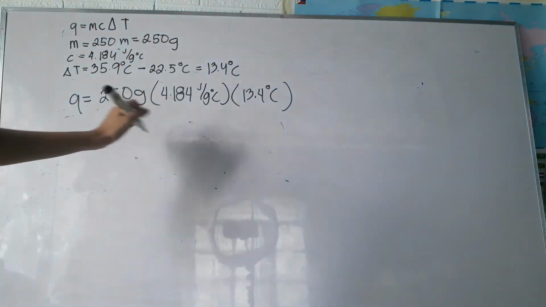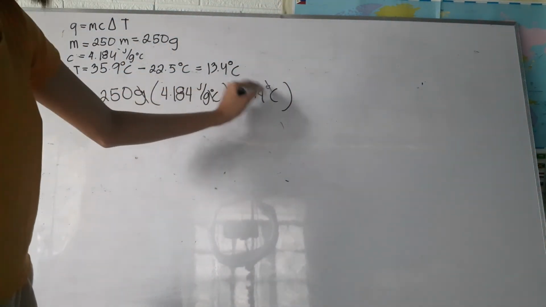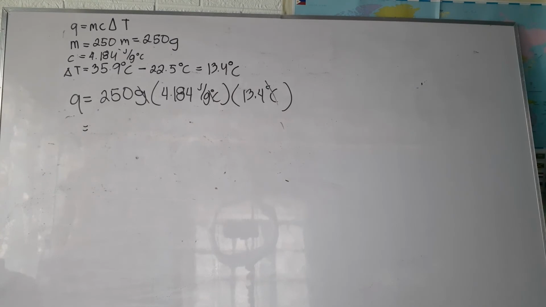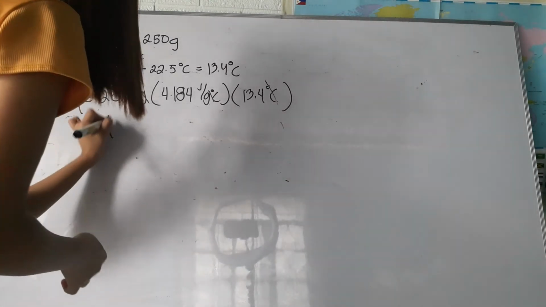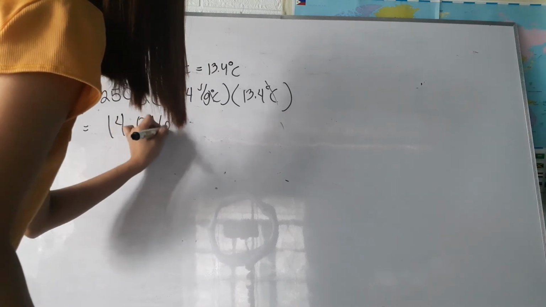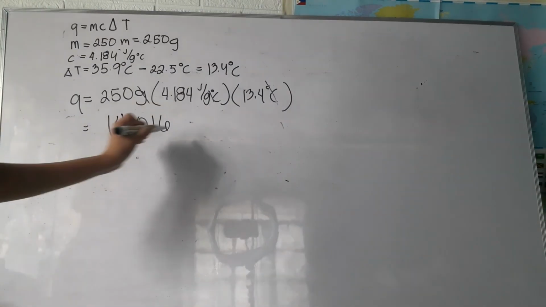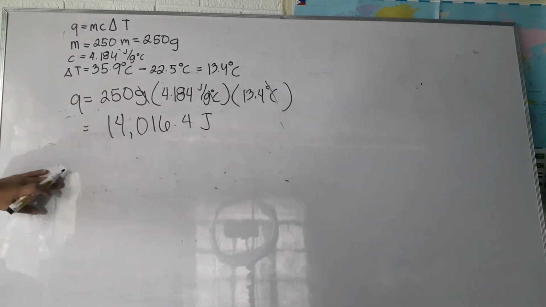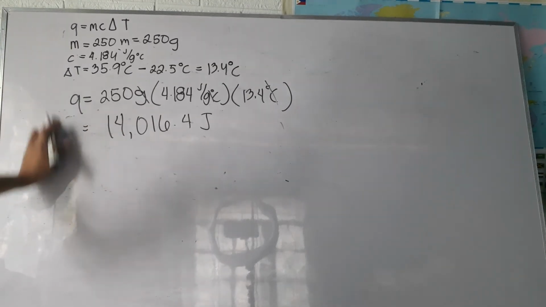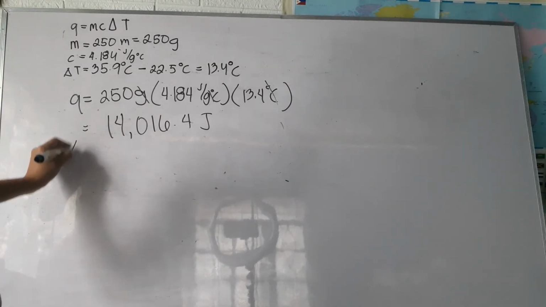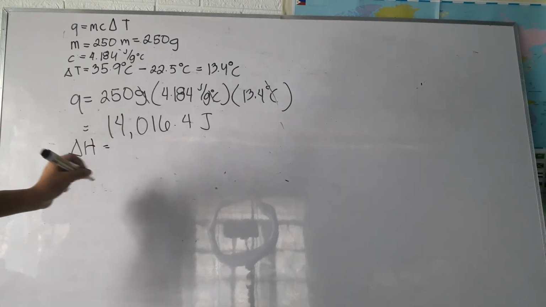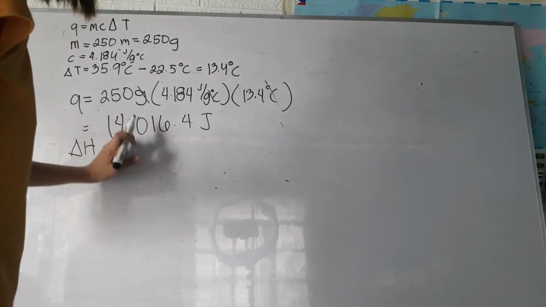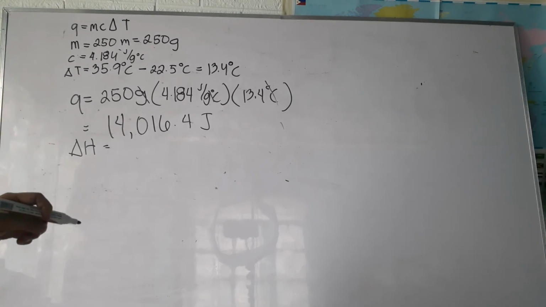Yan. So, i-multiply. Ay, magka-cancel muna tayo. Ayan. So, the heat of the reaction is equal to 14,016.4 joules. So, yan yung heat ng reaction. So, ano yung change in enthalpy ng reaction natin? The change in enthalpy of our reaction is equal to negative, since nag-increase yung temperature niya, exothermic siya, so negative